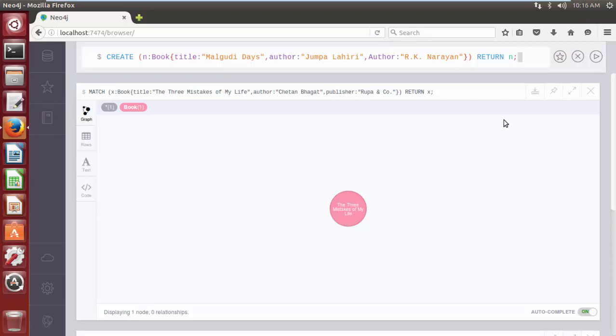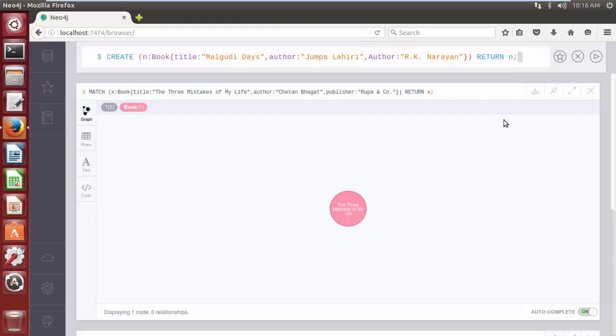In this Cypher query, we have three properties, out of which two properties, author and Author, are the same in spelling and in meaning. But the first letter of both the strings is in a different case, that is, one is in lowercase and the other is in uppercase.